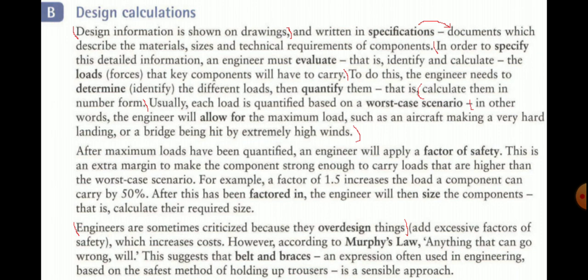That is, identify and calculate the loads. It is the engineer's accountability to evaluate and think regarding loads, dead loads and live loads or forces, which the key components will have to carry. For example,